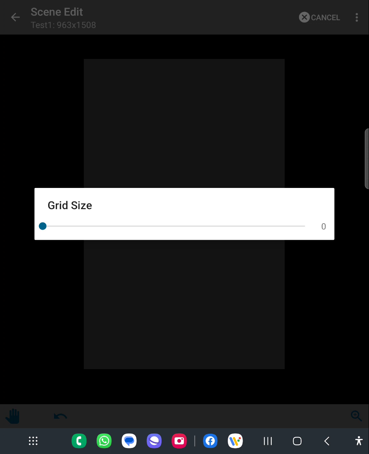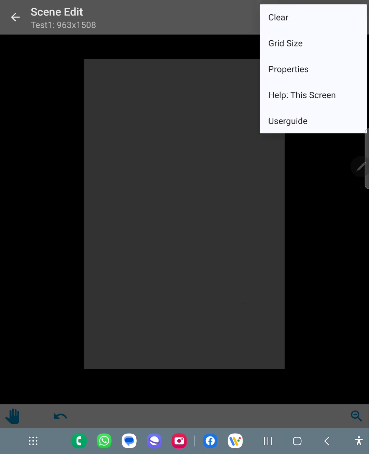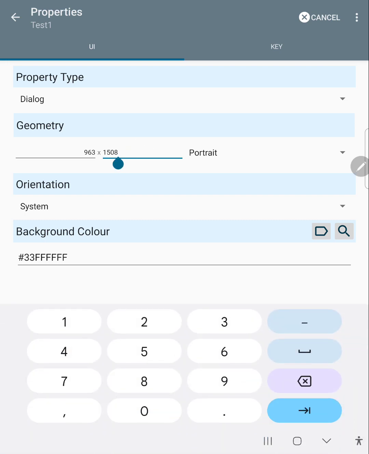You can take it as an example for resolution. 1920 has more screen usage as compared to 1024. This is the maximum you can get. I will be using 0 only. If at any point you see that it is not draggable anymore, and you want to change the size of this canvas, you can do it by using properties. Here you can define maybe 1700 this time,